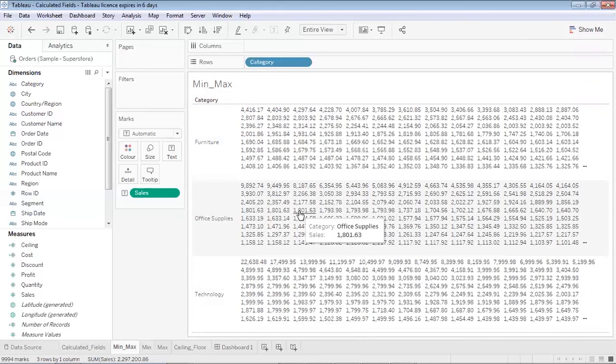Now out of these sales, if I would like to find the maximum sale, meaning which one was the value which was the maximum, when the maximum sale happened,